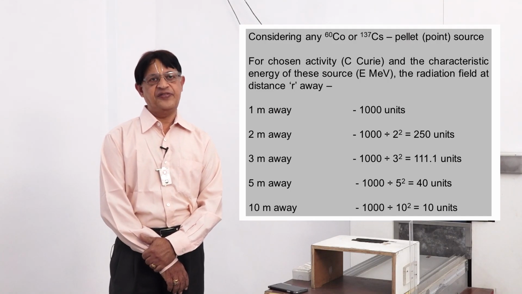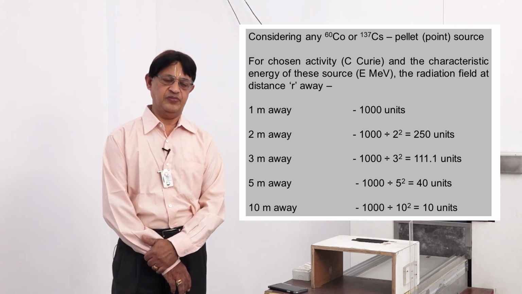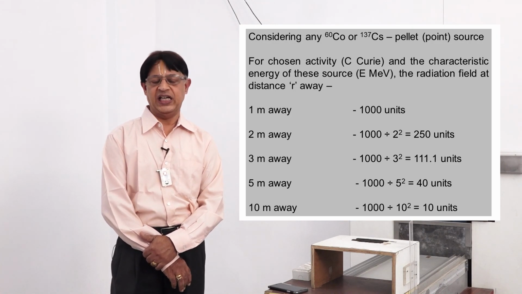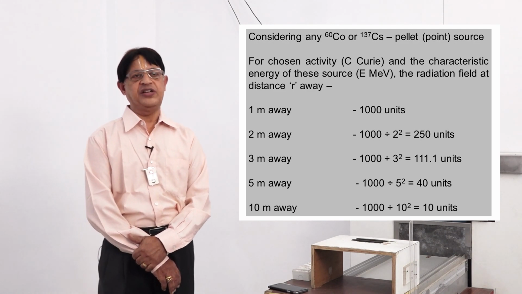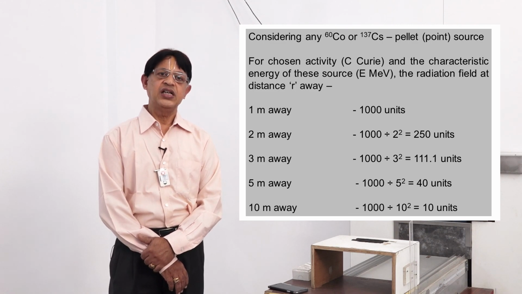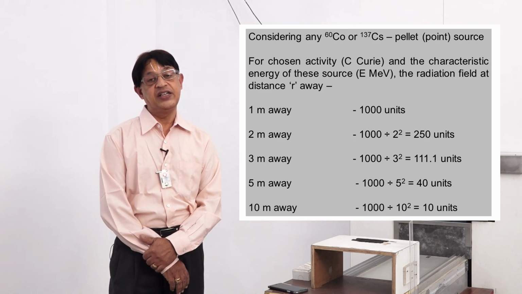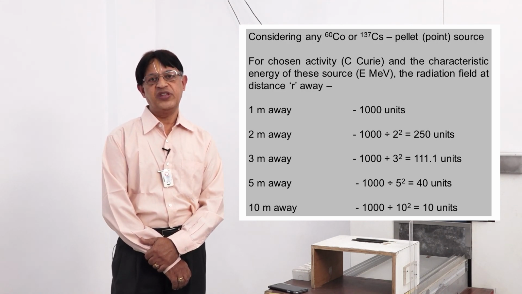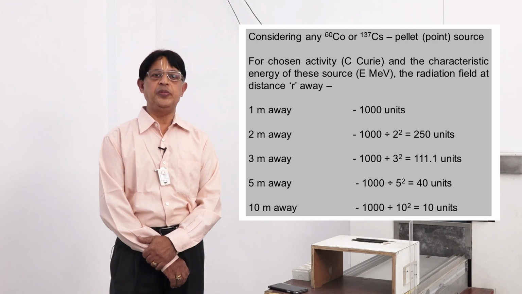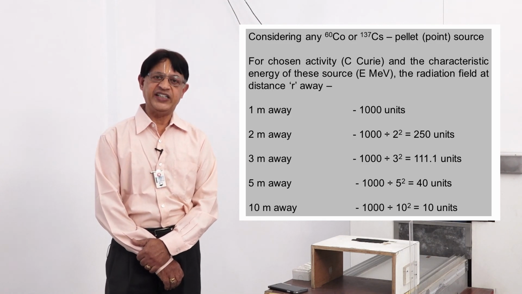For simple understanding, let me say, if we have the radiation field at 1 meter as 1000 mR per hour, the readings were different, but this is for my practical, making you much clearer. 1000 mR per hour being recorded at 1 meter. Say we are measuring at a 2 meter distance. What have we done? We have doubled the distance. So what we expect, the inverse square law says it should be the square of the double. So the reduction will be by a factor of 4.